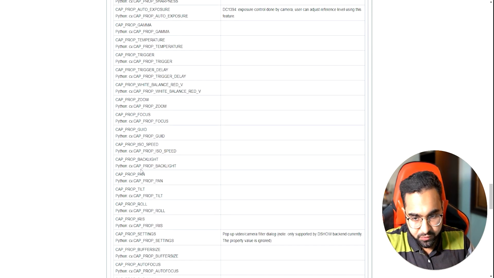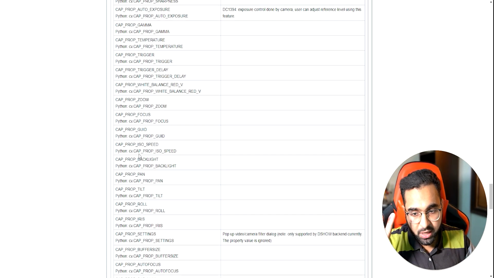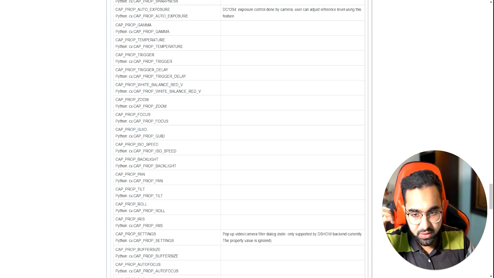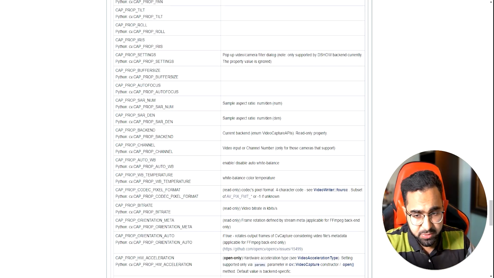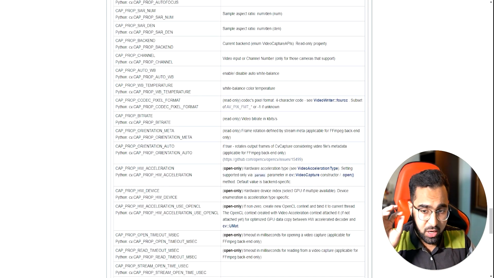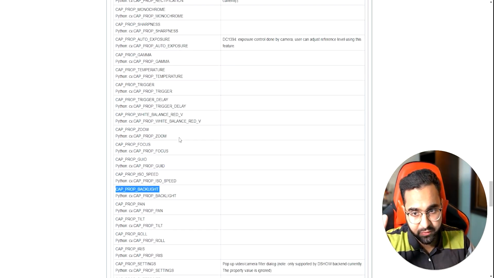Similarly, there are cameras that support pan and tilt, and this is really awesome. You can control those parameters if you have cameras that support those things. There's also a function to get or set the backlight in a camera. Similarly, there are lots and lots of interesting properties at the hardware level that you can manipulate with this video capture function.